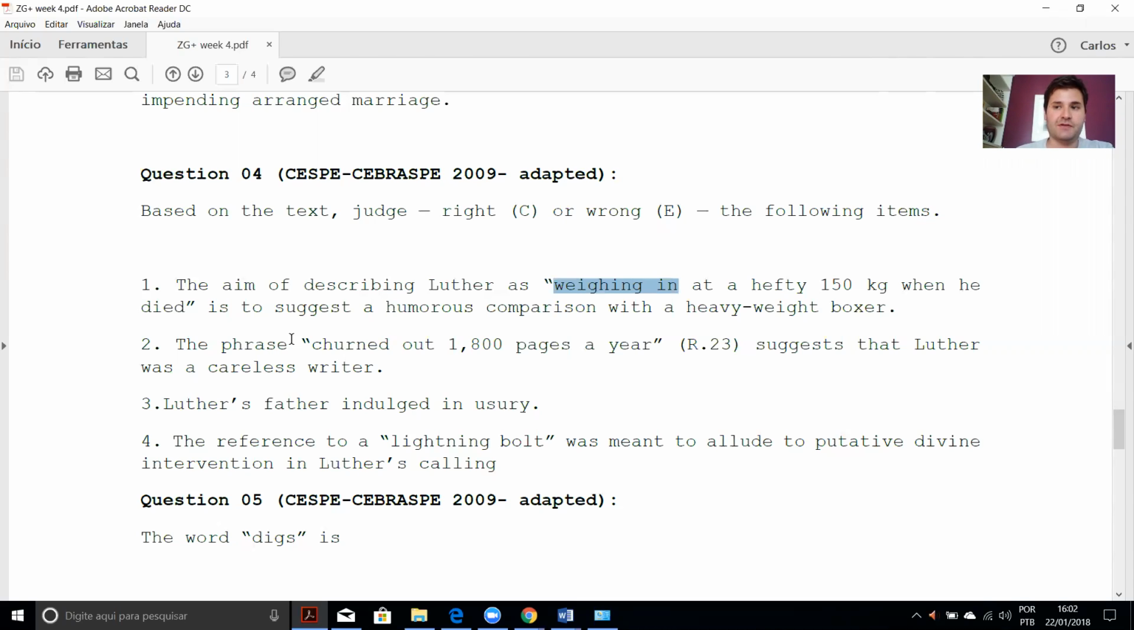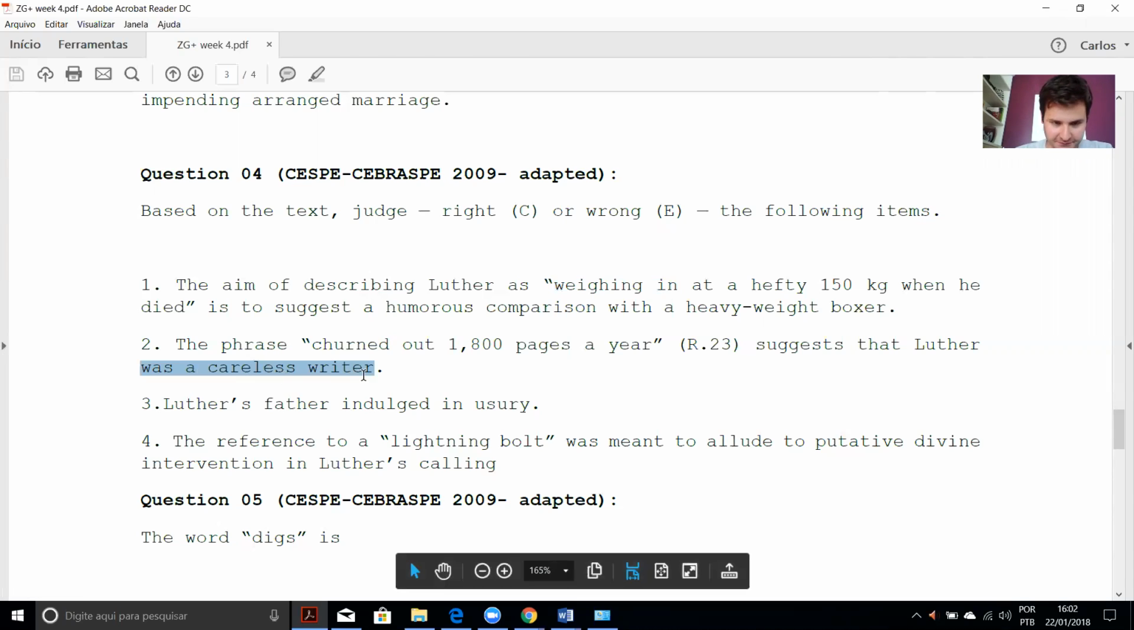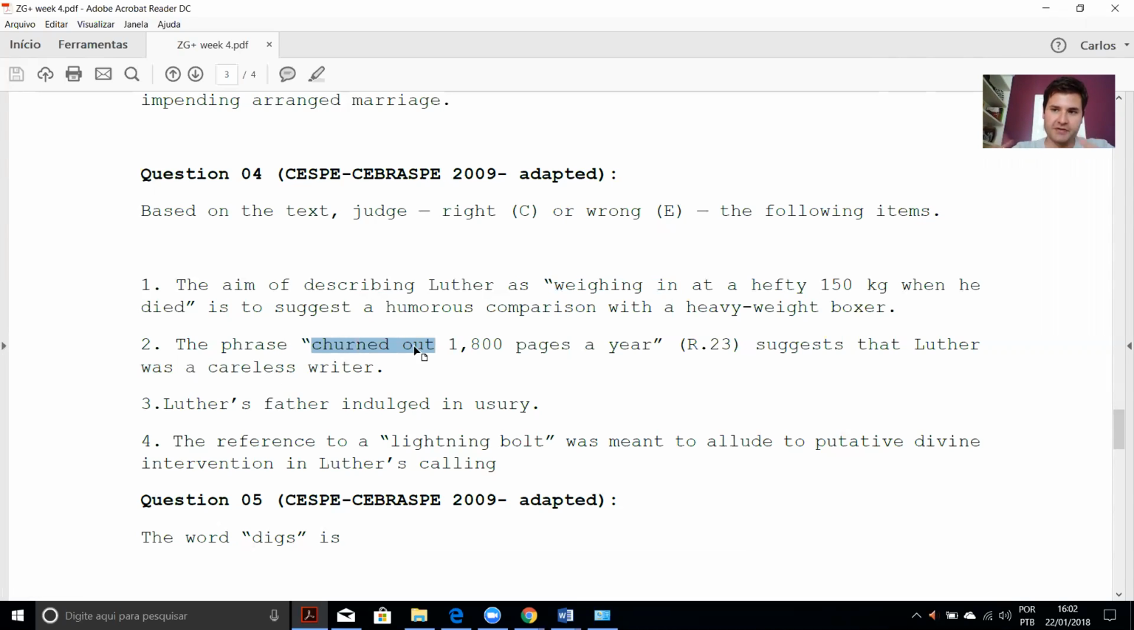But it says here that he was very efficient. It doesn't say anything about the quality of his writing. So here would be an extrapolation: he was a careless writer. This would mean no. Churned out means that he wrote